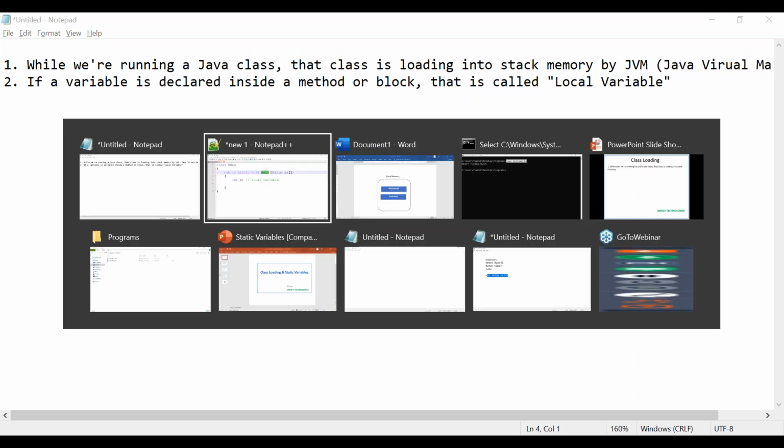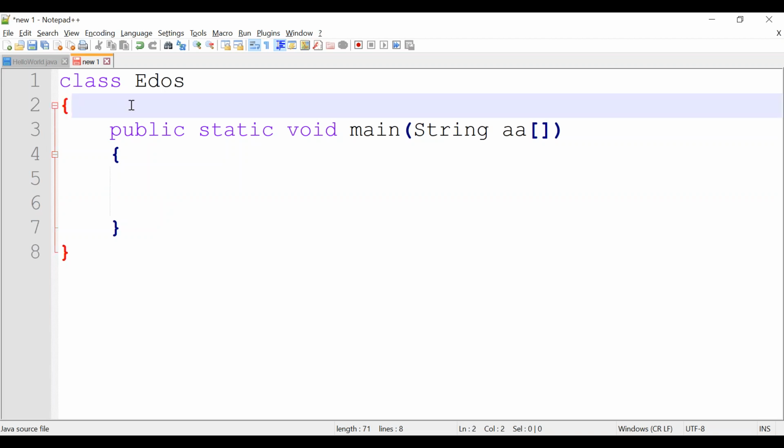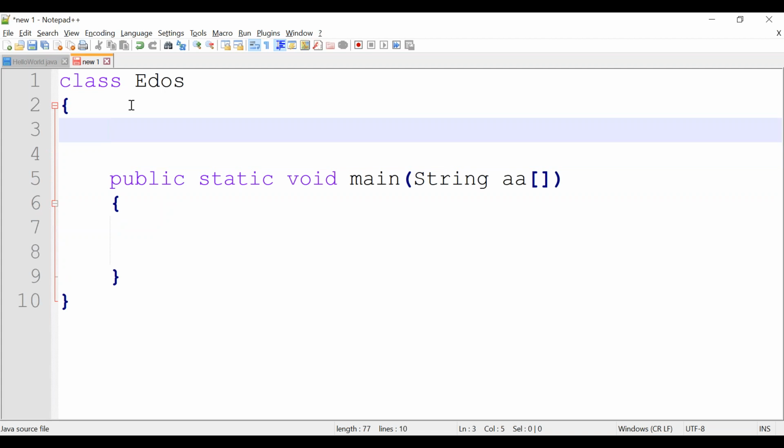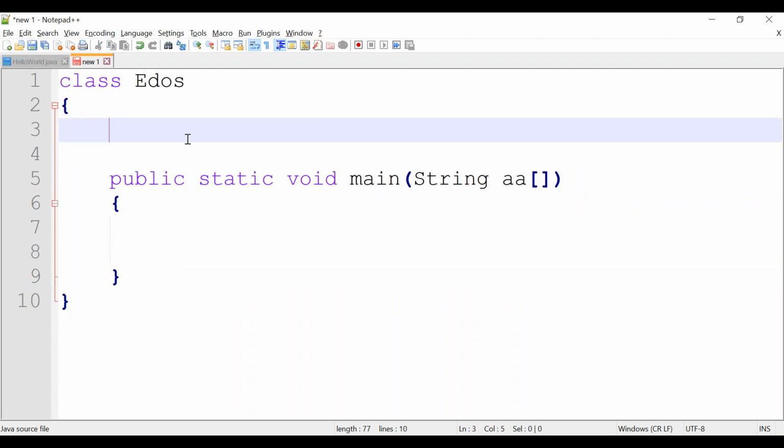So now I am not declaring this variable inside a method. Let me remove it. I am declaring a variable inside a class but outside any method. Consider I am declaring it like this.